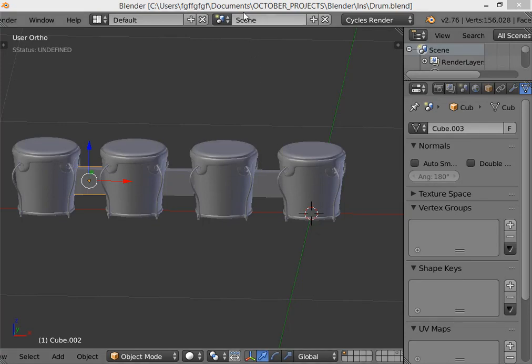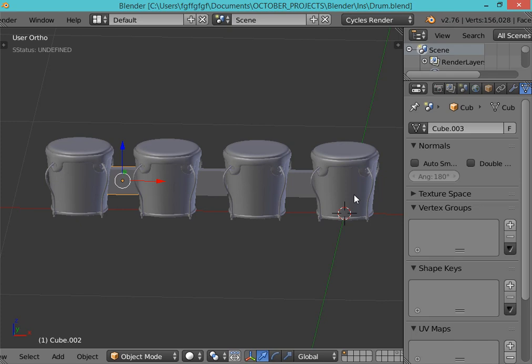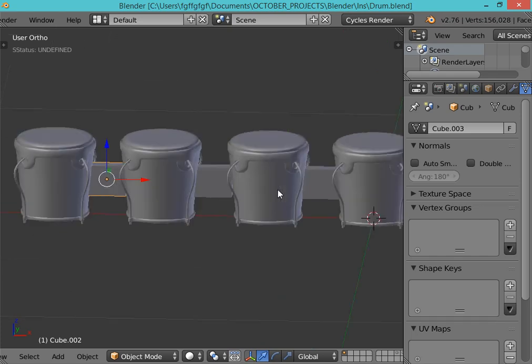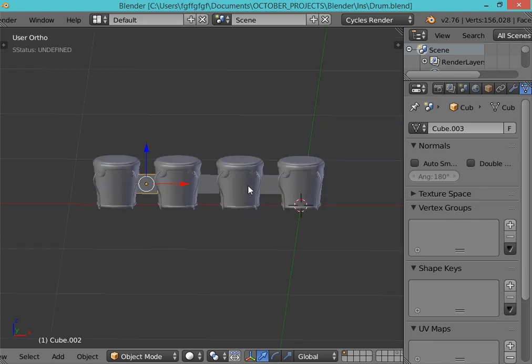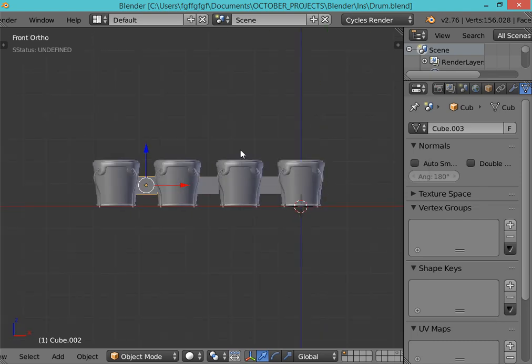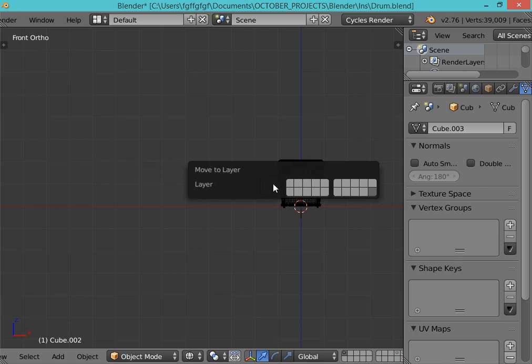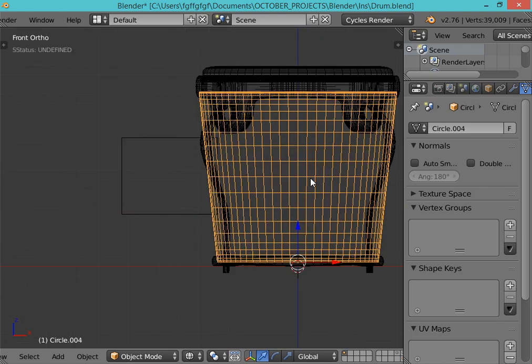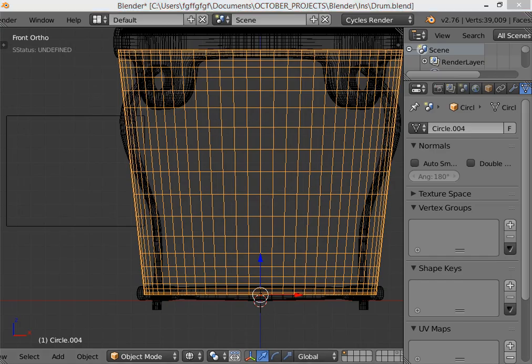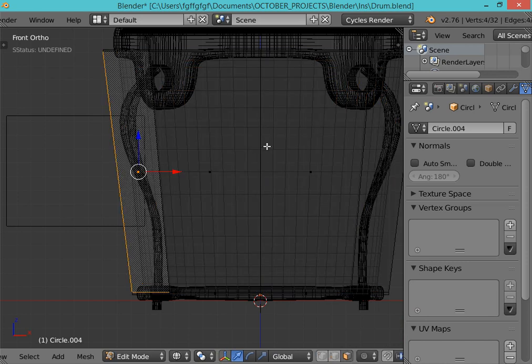Hello everyone and welcome. In the previous video we have completed modeling this simple model of a drum. So in this part I am going to try to add some materials. So first I will hide all these parts, or move to this layer, and let's start with this one. So this one I will give a wooden texture. So I will try first to apply the rotation and scale, and